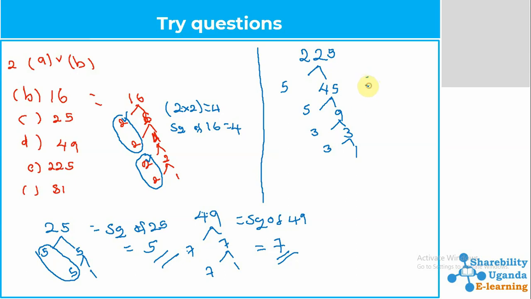So this simply means that we get our first set of 5, then our second set of 3. So this simply means we shall have our 5 times 3. So what is 5 times 3? Our answer is going to be